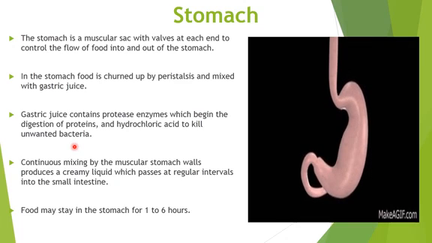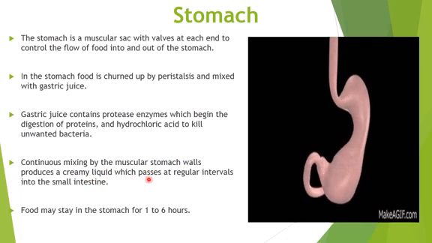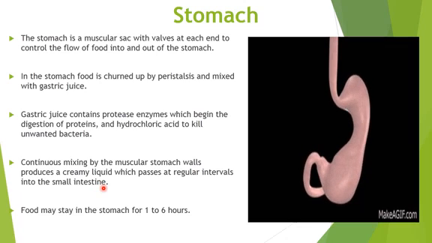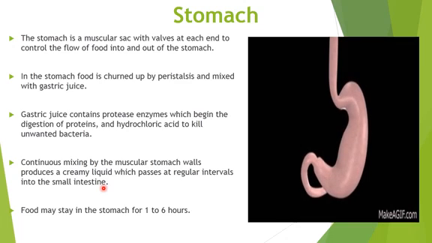Further it says that the continuous mixing by the muscular stomach walls produces a creamy liquid which passes at regular intervals into the small intestine. So once the food is continuously mixed in the stomach, it produces a creamy liquid, like it is completely crushed in the body. It is converted almost into a liquid form. Then